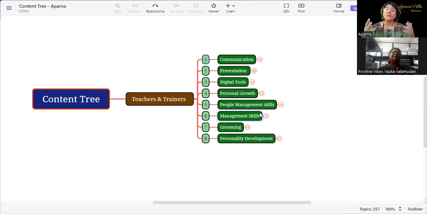Management skills are required because as and when you start becoming a digital trainer, people from corporate would also want to connect with you. Maybe education institutions want to connect with you for a 1 day workshop, 3 days workshop in their school, for their teachers, maybe for their parents, maybe for their students, you never know. So how do you go about doing that kind of management? What kind of approach should you have? What kind of follow up should you have? All those things matter, right? Grooming is also part of it, because in digital space, if you're not presenting yourself properly,